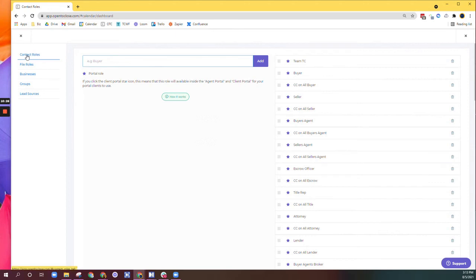So this right here, this contact roles, this is a shell for a buyer. This is a shell for a seller. CC on all buyer is anyone that wants to be copied on all buyer emails. CC on all sellers, CC on all buyer's agent. This is great if an agent has an assistant, a TC, and an operations manager that they want copied on all communications. So you can have the TC, assistant, and ops manager all in this shell, so that every time